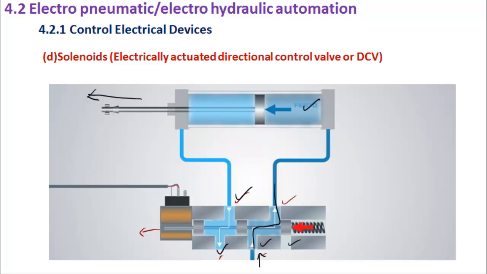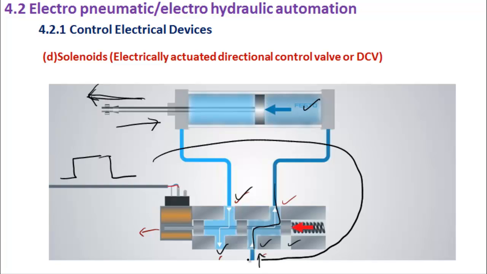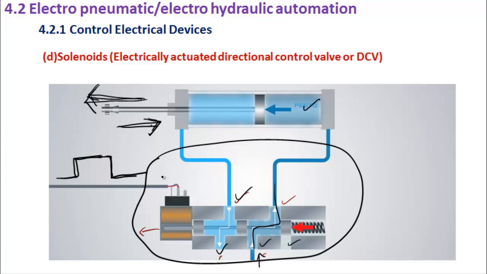So previously, when we had applied the pulse, the piston had moved in this direction. Now when we are switching off the pulse, the piston is moving in this direction. As far as I am concerned, what is happening inside here, I am not aware of. All I can see is that when I give a pulse, the piston moves in this direction. Whenever I switch off the pulse, the piston moves in this direction. And all of this is happening because of this